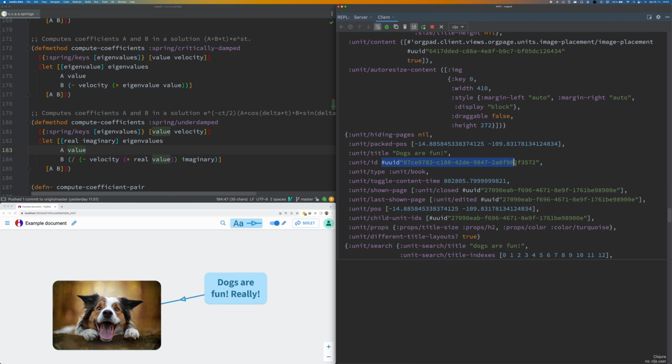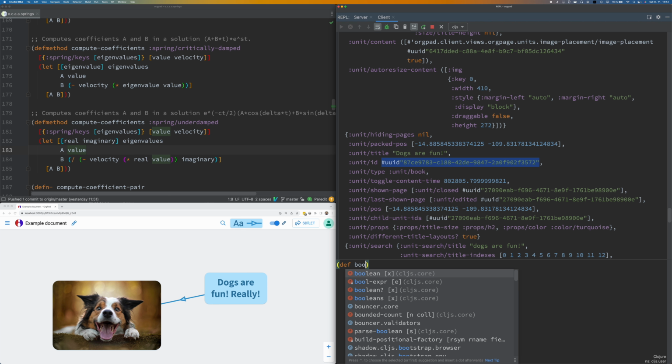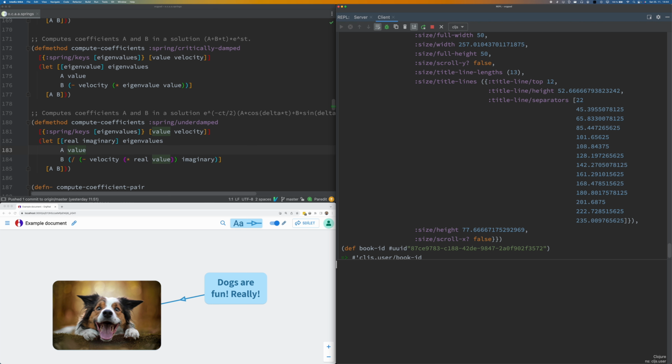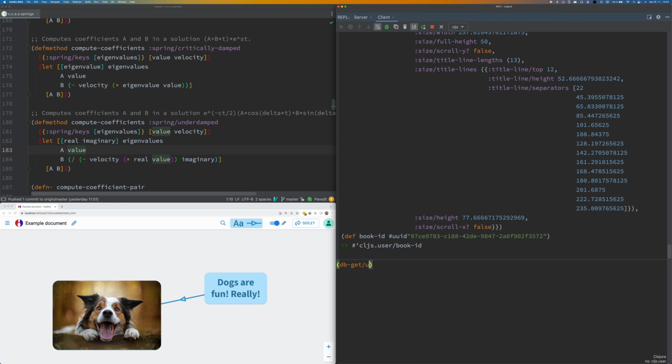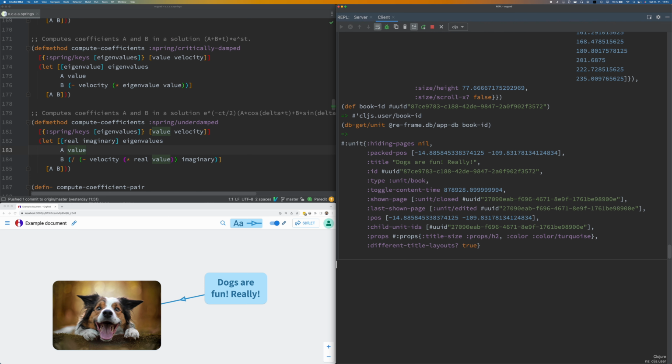Now let me copy the ID for the unit. db-get unit, re-frame app-db for this ID. I get that the data are updated in real time.